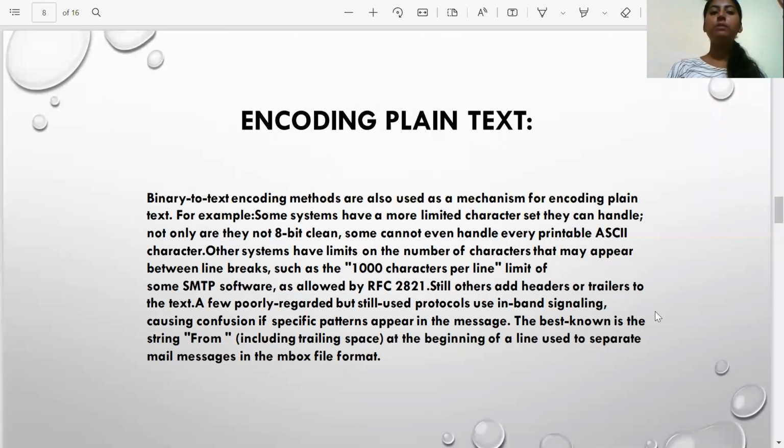Encoding plain text. Binary to text encoding methods are also used as a mechanism for encoding plain text. For example, some systems have a more limited character set they can handle. Not only are they not 8-bit clean, some cannot even handle every printable ASCII character. Otherwise, systems have limits on the number of characters that can appear between line breaks, such as the 1000 character